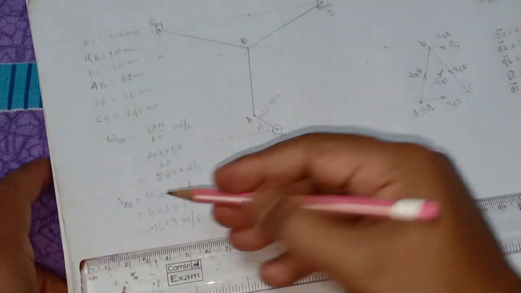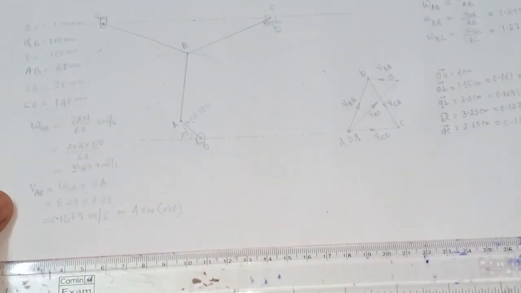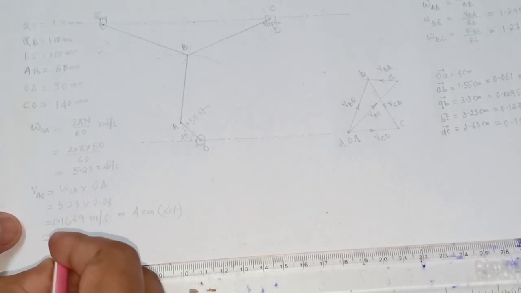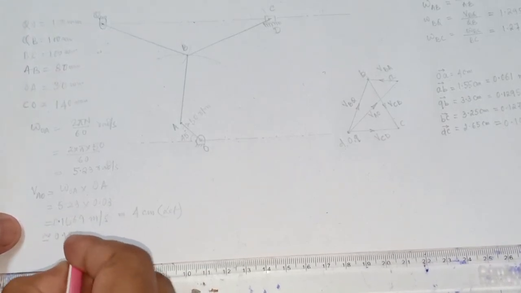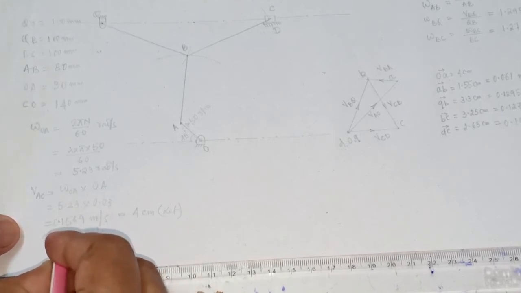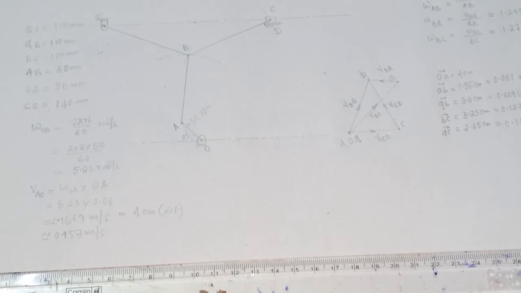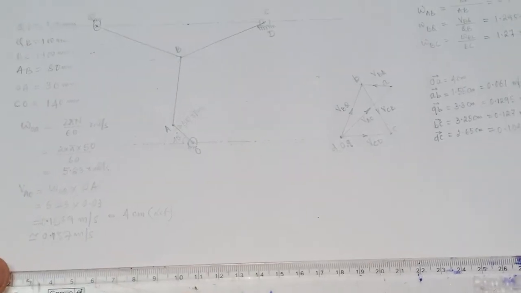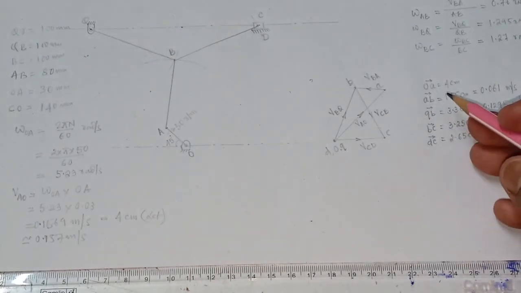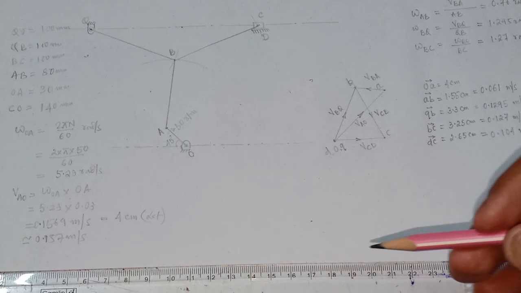You can denote it by approx 0.157 meter per second. Taking this as a reference, if the 4 centimeter length becomes 0.157 meter per second,